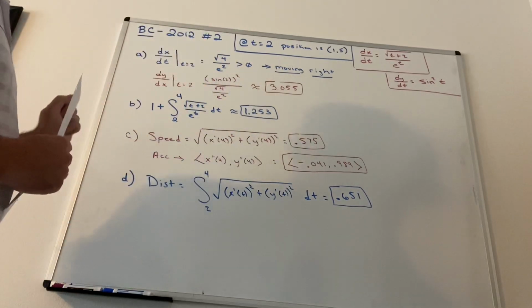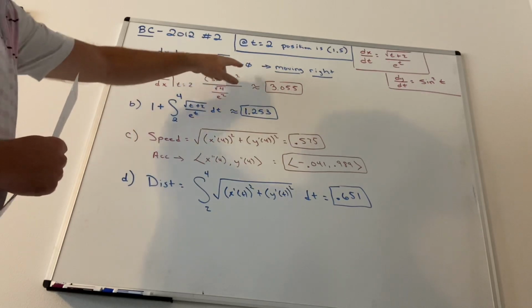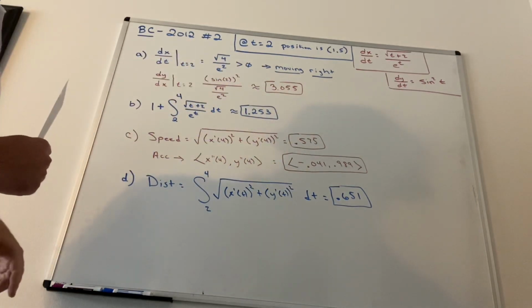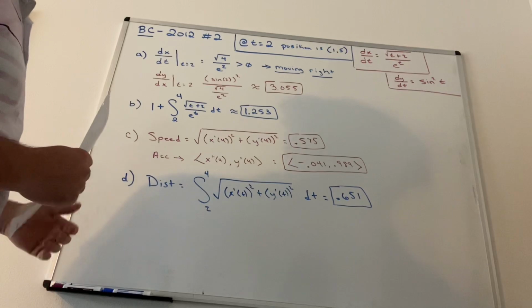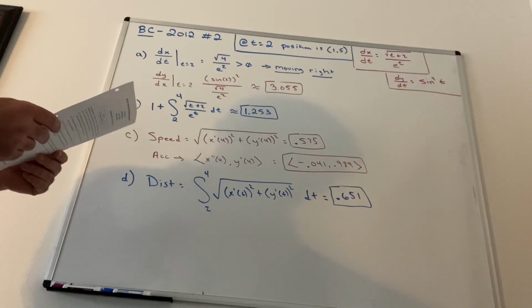So, square root of 4 over e squared. Well, both of those guys are positive, so that has to be greater than 0, which means this guy is moving right. Okay? Second part of this question, it says find the slope of the path of the particle at